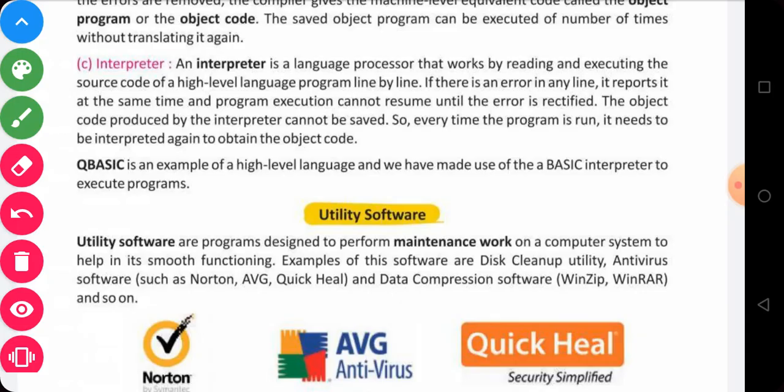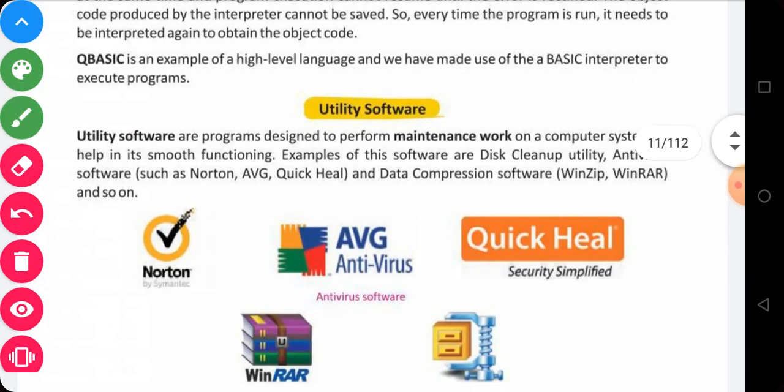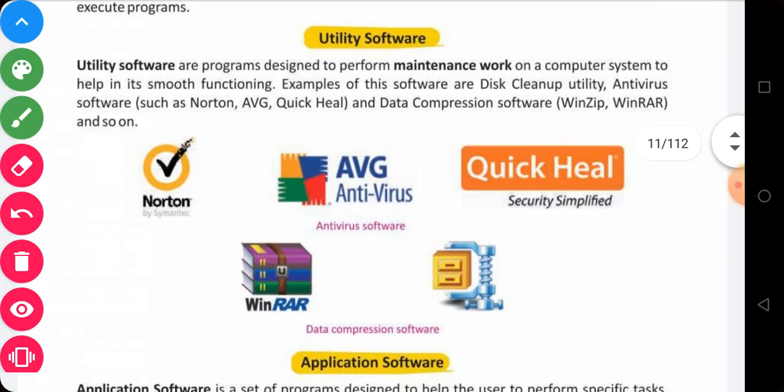Okay, the next topic is utility software. Utility software are programs designed to perform maintenance work on a computer system. As the name suggests, utility means some form of usefulness. There are various types of utility software that provide certain needs to us, such as disk cleanup.